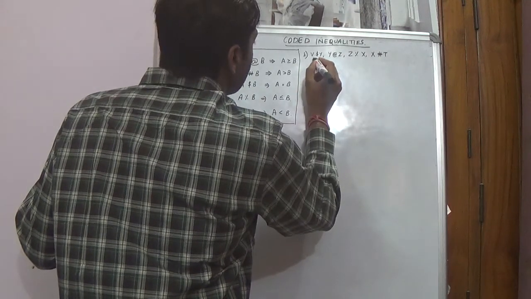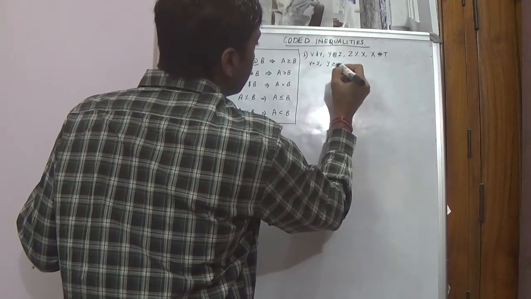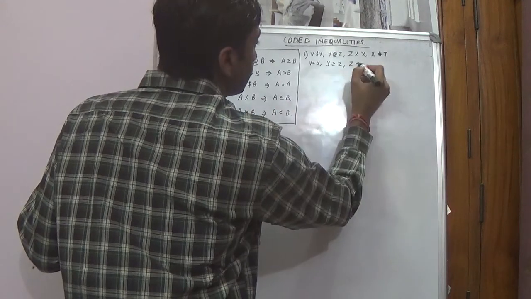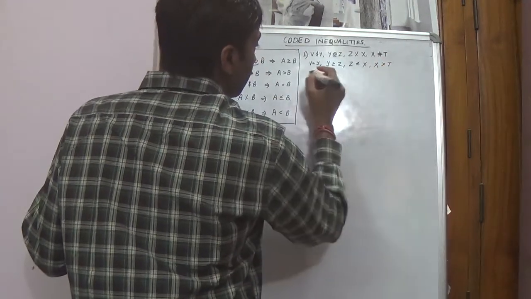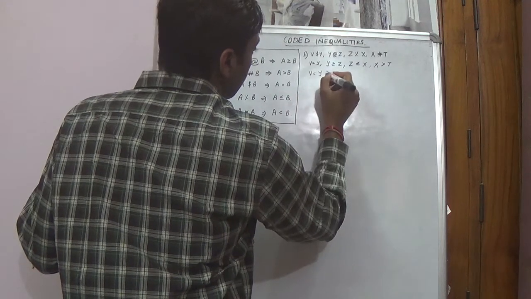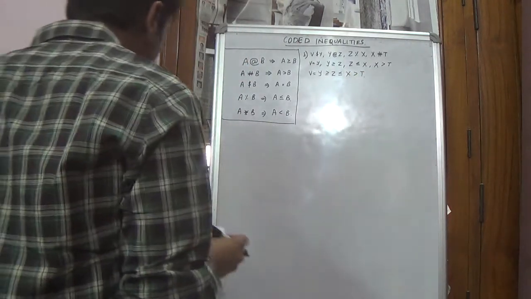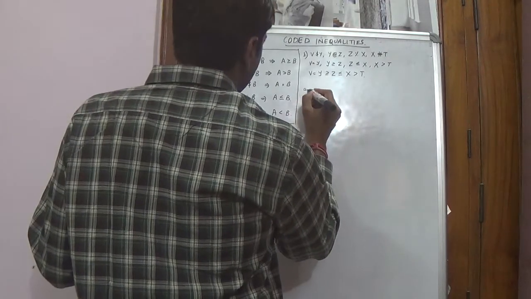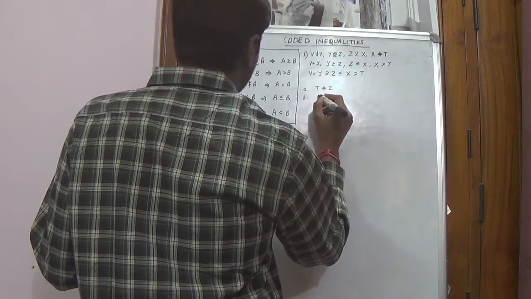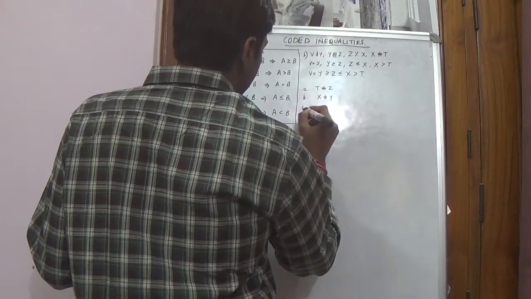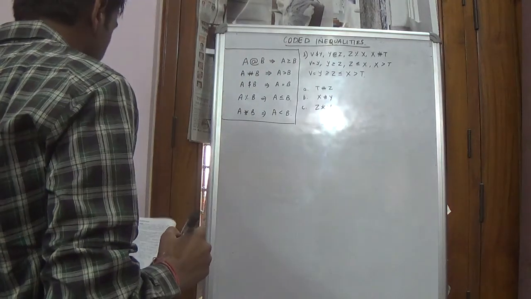So we can write it as V is equal to Y, Y greater than Z, Z is less than or equal to X, and X is greater than T. Now there are three conclusions given: A, T hash Z; B, X hash Y; C, Z star Y. So which one of them would be true?